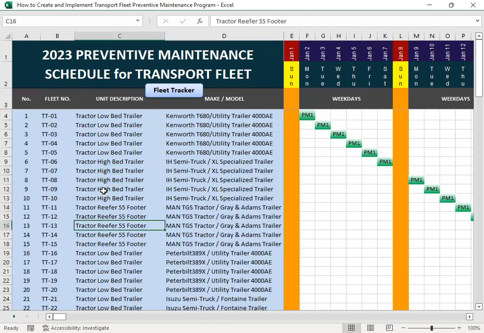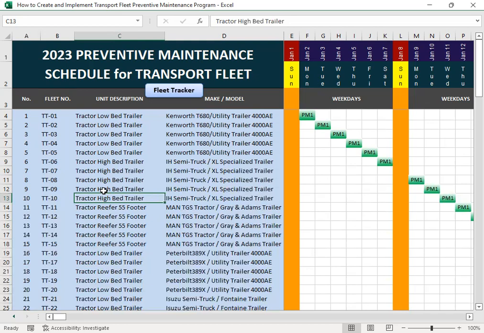Low bed and high bed trailers are open trailers. You only have a bed. This type of trailer is usually utilized for rigging or hauling heavy equipment. If you want to haul a bulldozer, backhoe, or excavator, you can do it using the low bed trailer. The high bed trailer is for sundry equipment like compressors, welding machines, and other equipment,